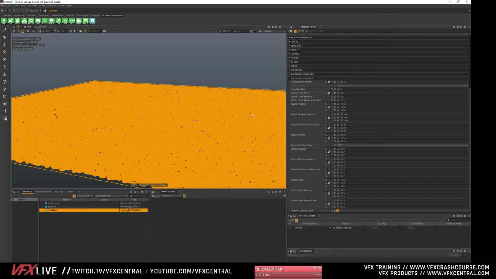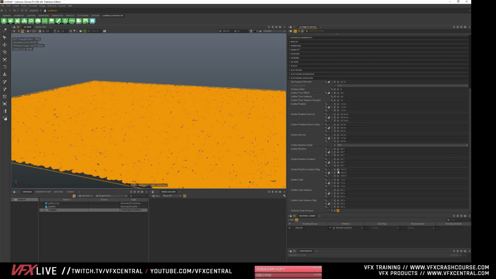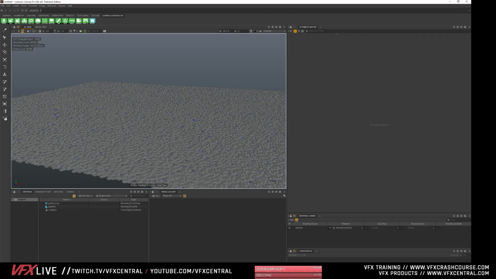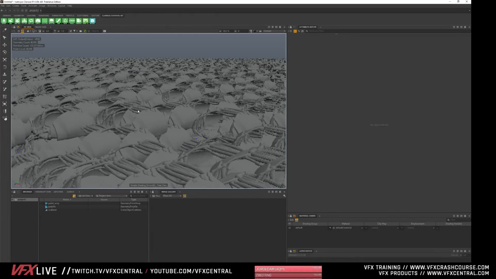So okay. We can also do some variance in the rotation. So let's add some variance in there. So we just crank this thing. Now these things are rotated in different ways. And let's just zoom in here to show you guys what's going on.